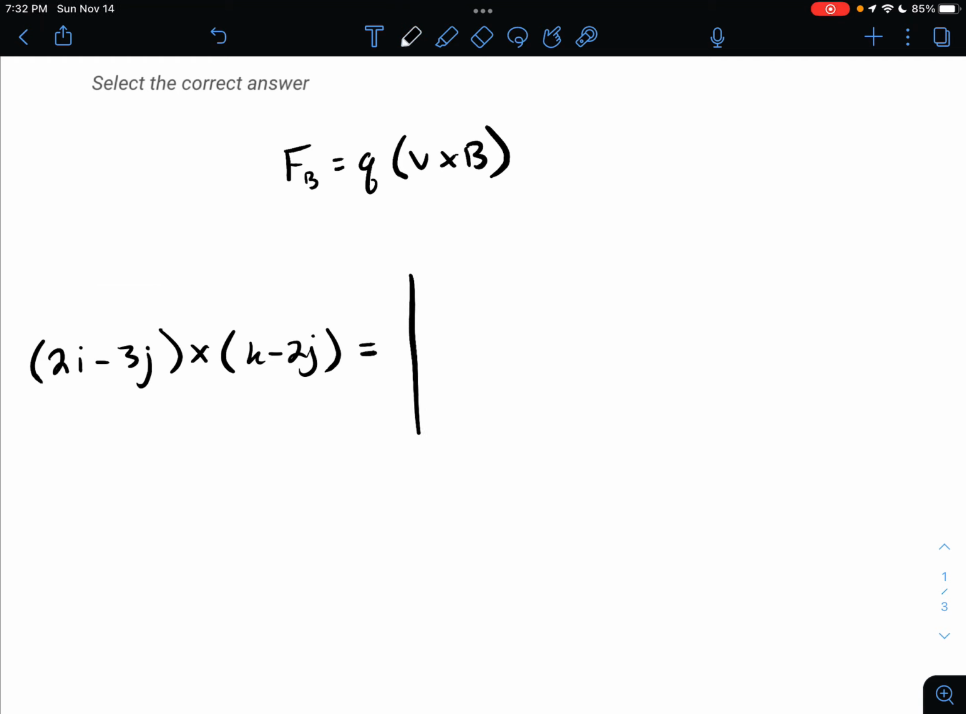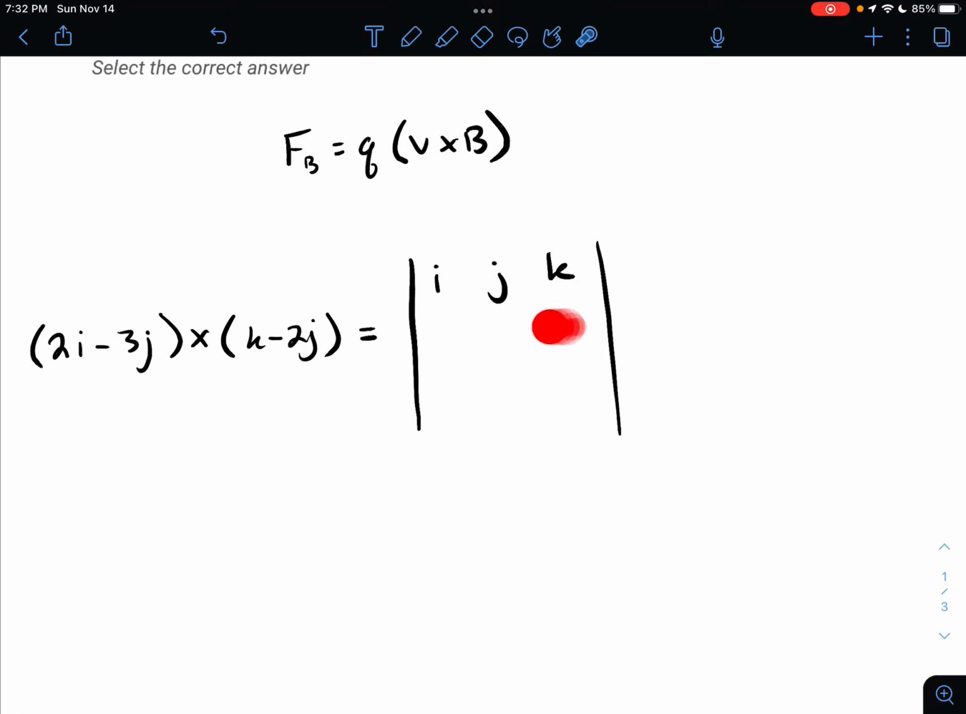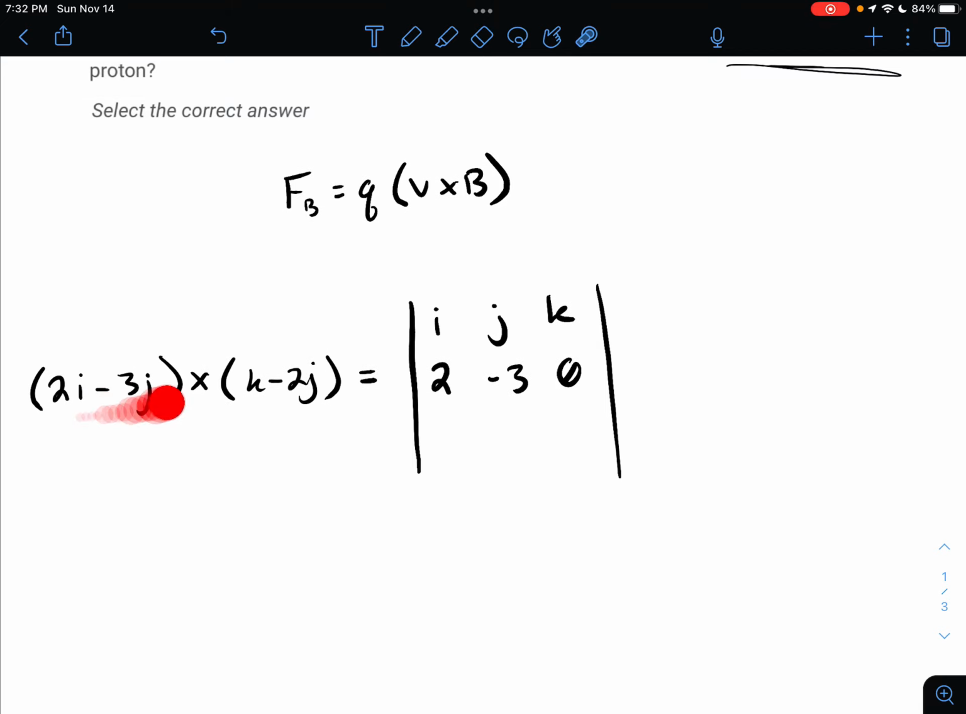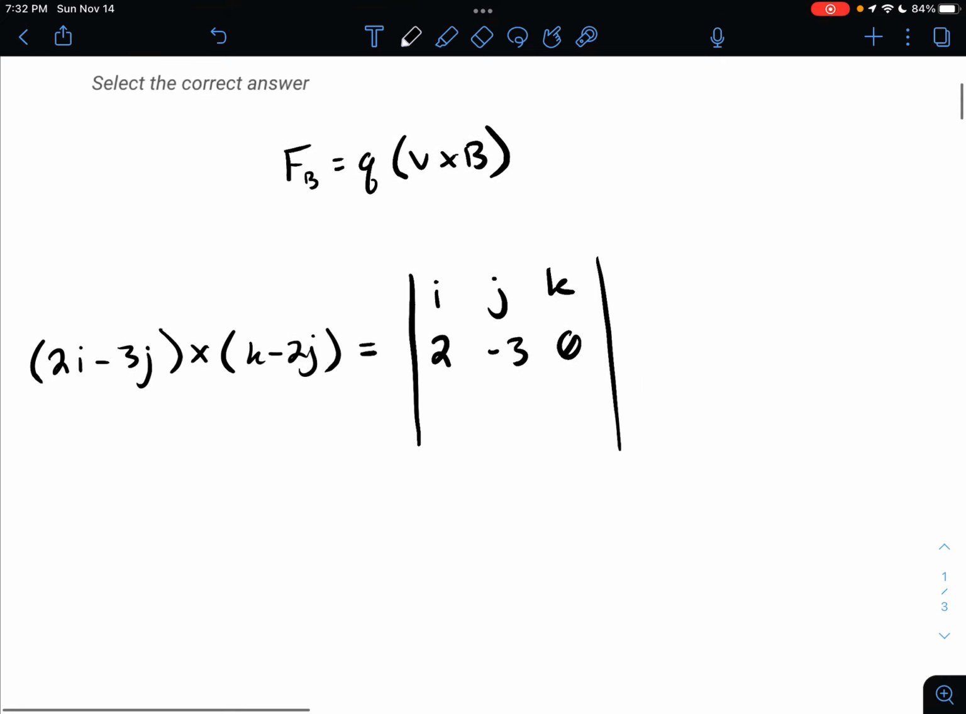is our 3x3 matrix over here, where we put I, J, and K across the top. And then our first row across here is going to be our first vector, which is our V vector here. In order, under I is going to be 2, and under J is going to be -3. And under K, we put 0. Even though it's just 2 dimensions, we have to put this K and have it be 0. It's always going to be a 3x3 matrix. And then our next row is going to be our B vector, the second one. So there's no I, so that's a 0i,